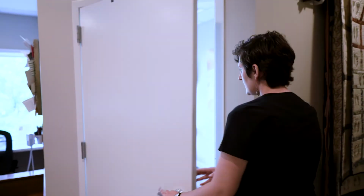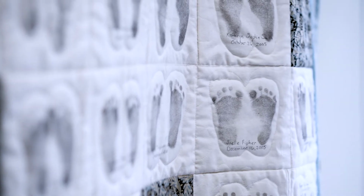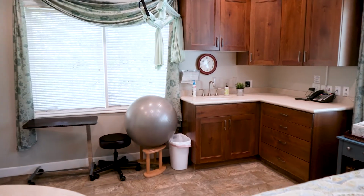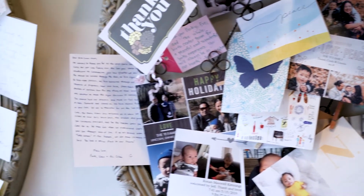Over here is one of our prenatal exam rooms. In many ways, my heart feels like this is where the magic happens, because this is where we lay the foundation for what will happen at birth. It's not enough to just have a comfortable birth room. You need relationship in that room. You need trust. You need hours and hours of talking and problem solving and supporting and caring that comes months before that time. And we have the luxury of being able to invest so much of our time in that relationship building piece,